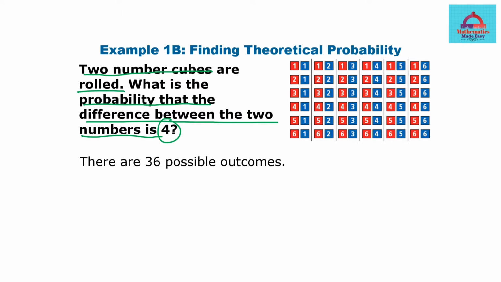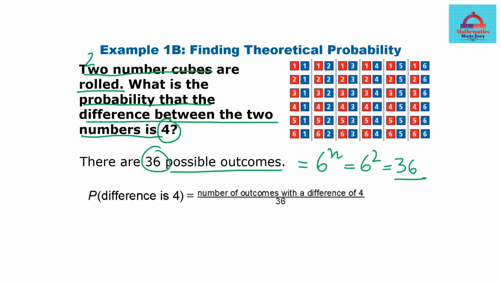Okay, so here in this case there are 2 number dice, so the number of possible outcomes can be calculated by the formula 6 to the power n, where n is the number of times you are doing the experiment. So here you are doing it 2 times, you are rolling 2 number dice. So 6 to the power 2, that is 36 possible outcomes. So you've got your denominator for the formula.